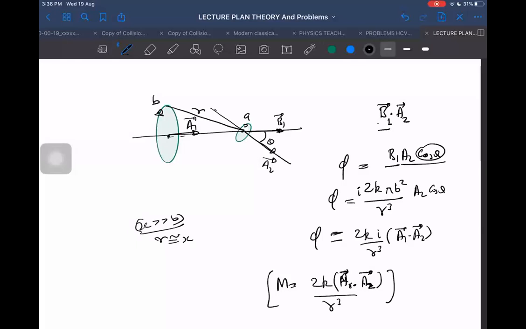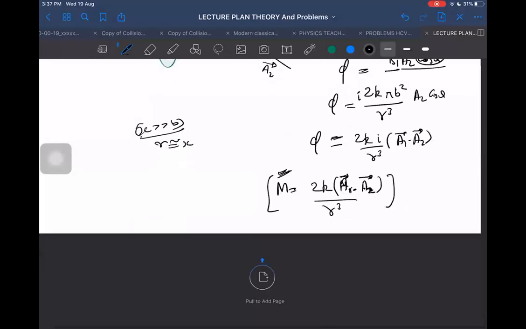So once we know the mutual inductance, what was the starting question? Starting question was this: in the smaller ring, the current is I. Due to this current I, what will be the flux passing through the bigger ring? Now we can easily answer it. It was very tough otherwise, but now we can answer because we know the mutual inductance. Then M into I will be the flux passing through the other ring. Right or not? So we can do it easily now. Very good. You are able to do these questions.